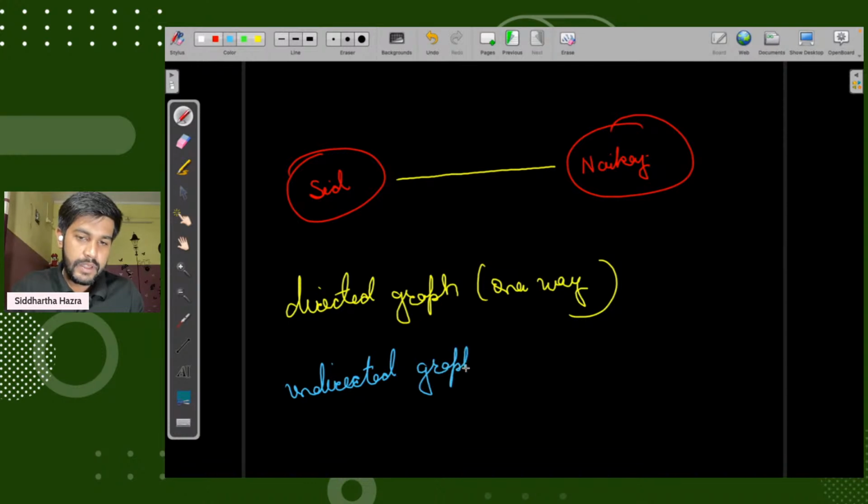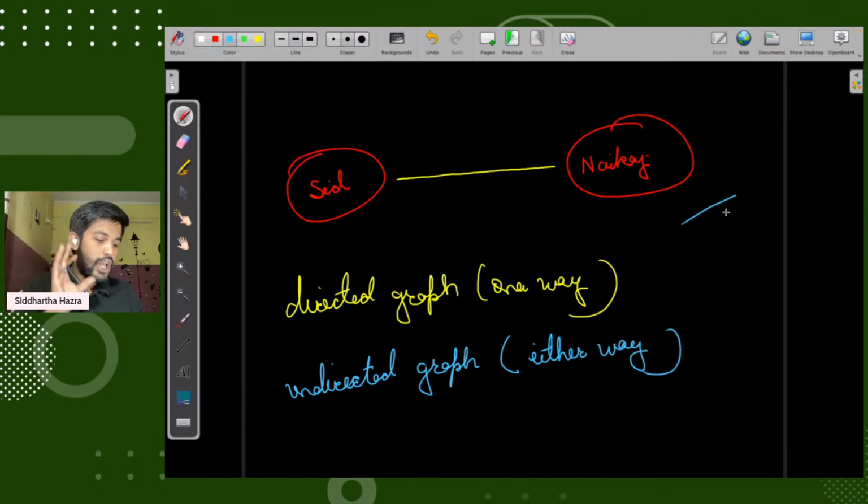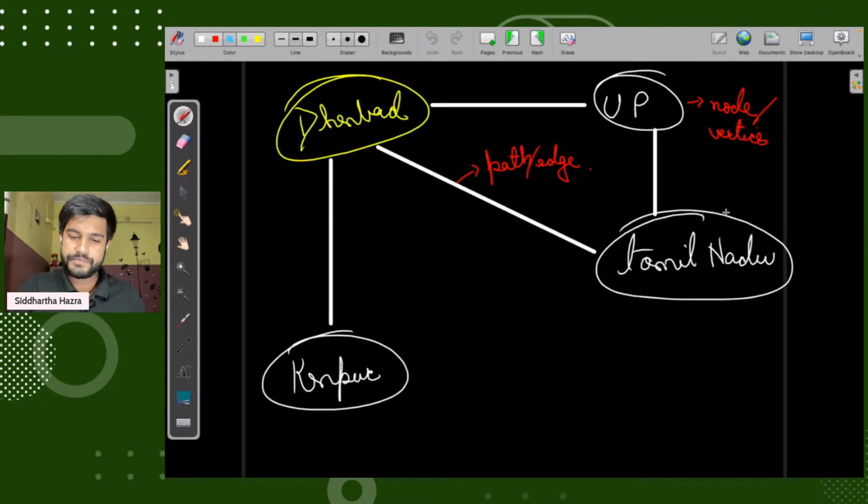That means if we can go and come back, it is an undirected graph; if we can only go or only come, it is a one-way graph. Am I clear with the terminologies or not? There are many other terminologies, but for this class we just need these.